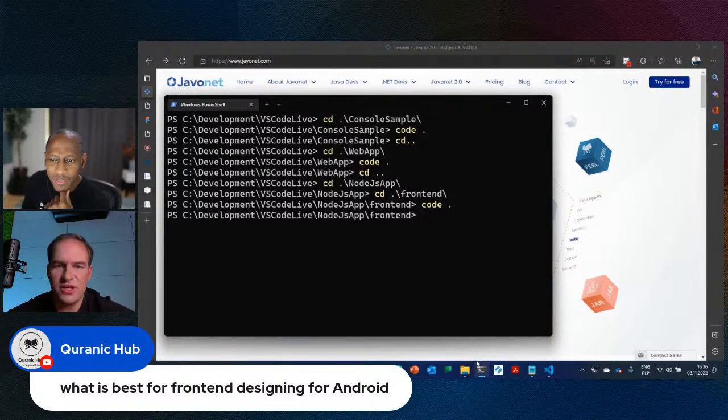So you cannot run it on Android, you cannot run it on iOS, but we have very early stage POCs internally in the company that are running it on Android. And for building UIs for Android, you are able to use Javonet, but it's not something available commercially right now.